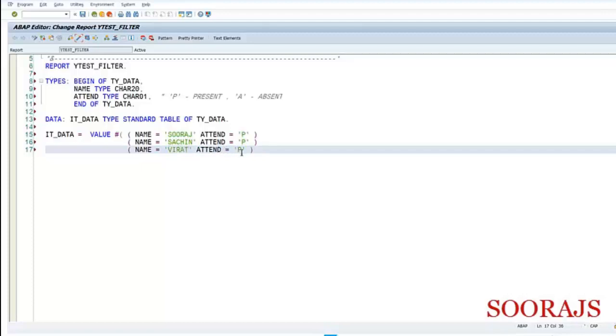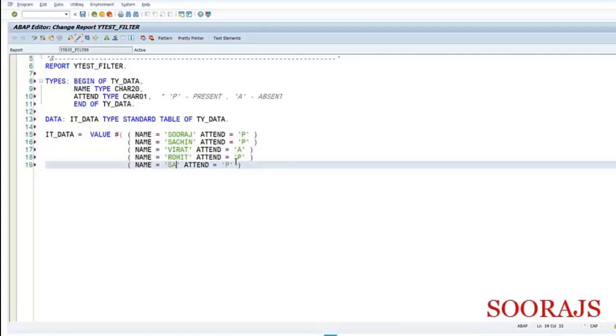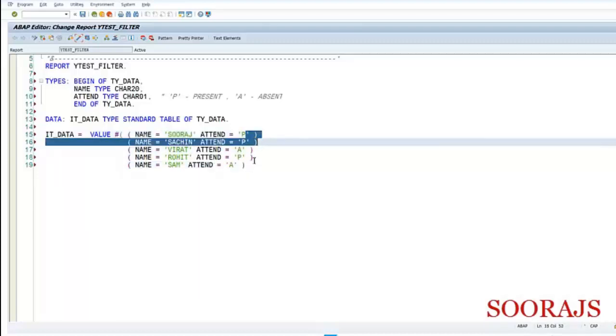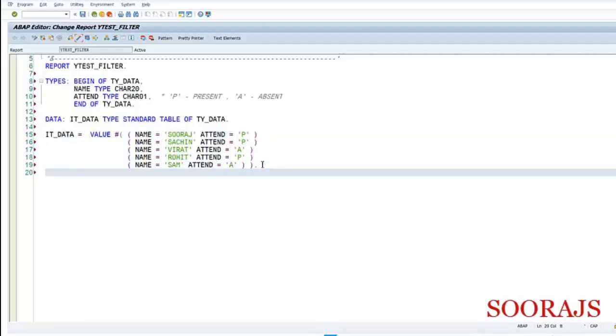Let Virat be absent. And then I'll also have Rohit. Let Rohit be present for the class. I'll also have somebody called Sam. Let him be absent. So we have two entries who are absent, the students who are absent for the class, and three of them are present.